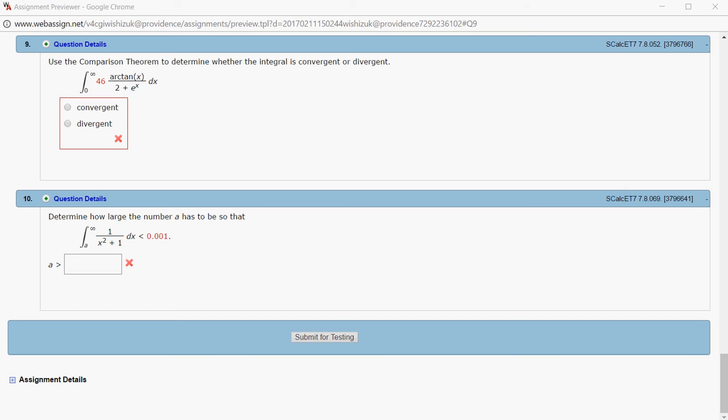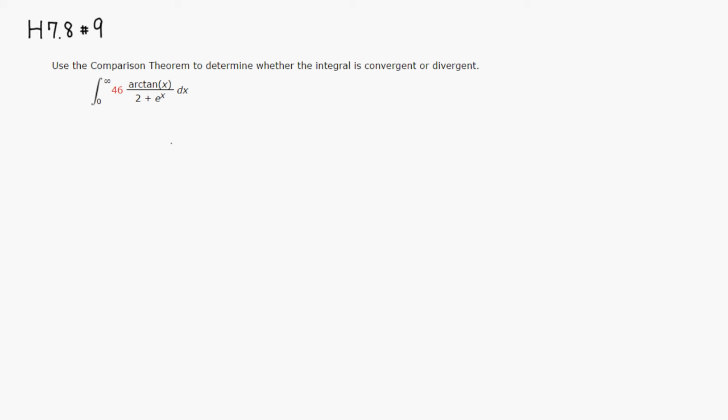Alright, let's look at homework 7.8, problem number 9. We want to use the comparison theorem to determine whether this given improper integral is convergent or divergent. So let's do that. We just need to simplify this a little bit. Let's start with the original one, 46